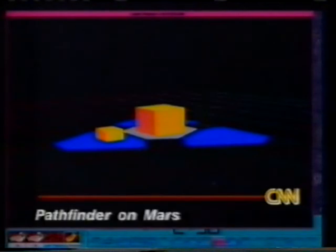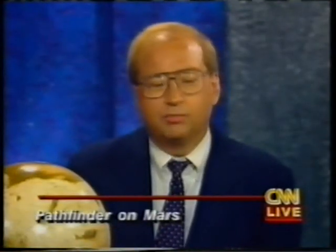This is how the Pathfinder descended through the Martian atmosphere and came down onto the surface of Mars. And there is a picture of what it looks like right now. Rather than having to go through contortions to end up in precisely the proper configuration, it landed with its bottom on the surface of Mars rather than one of those panels on the side. And now this Pathfinder is all laid out on the surface, ready to begin the next part of its job,